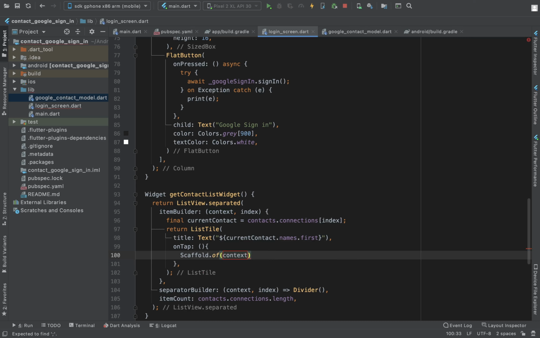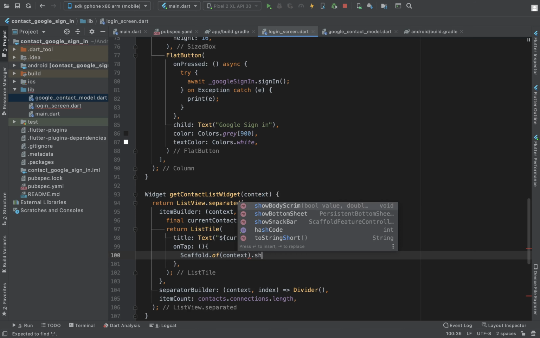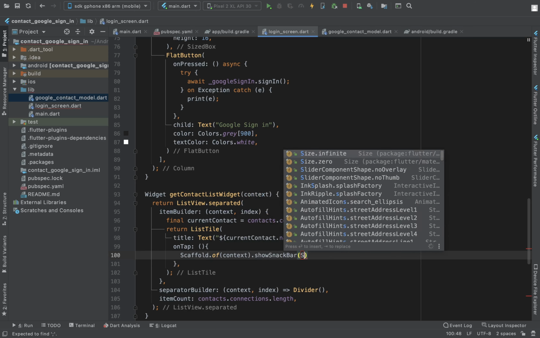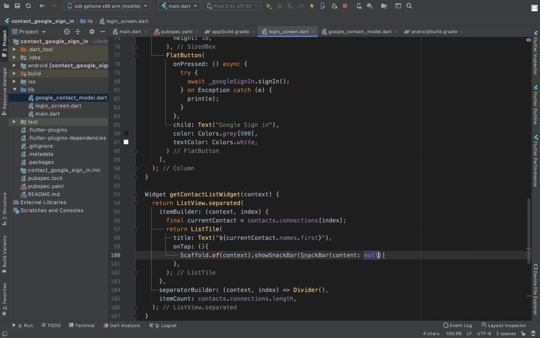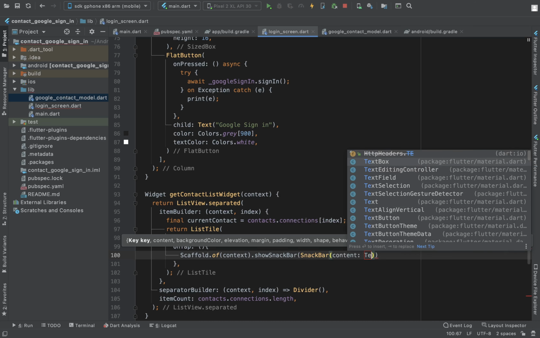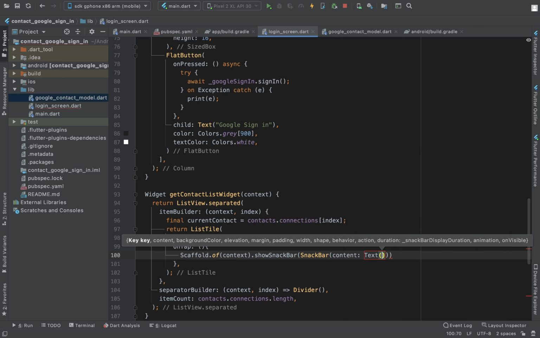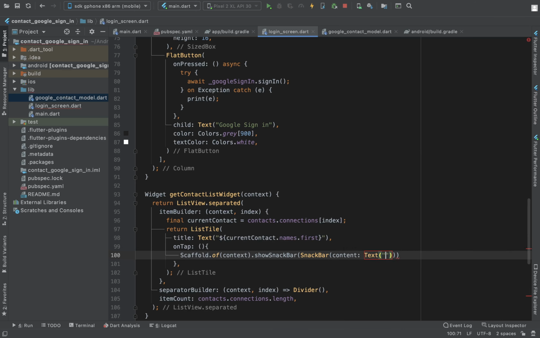I have to specify the context. Because we need the context, I think we have to pass the context from the body, and we can use show snack bar, and inside it we can make a snack bar object, and in the content we can just make a text widget, and here we can just say phone number is